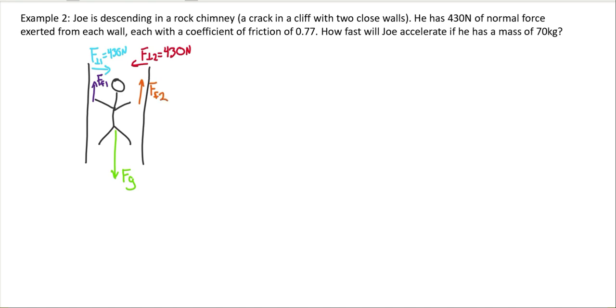This is an interesting situation. Joe actually has two forces of friction, one from each wall that he's in contact with. And as we can see, they're slowing him down in the fall. In other words, they're resisting gravity, because gravity is trying to pull him downward. We can see how this will help us find Joe's